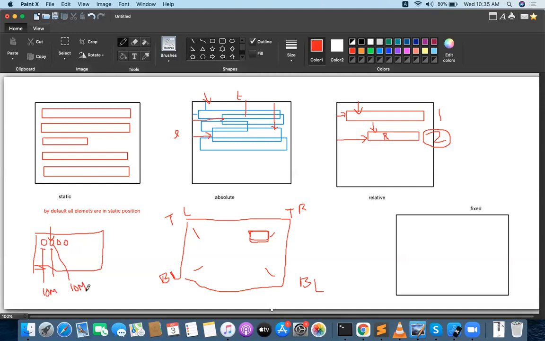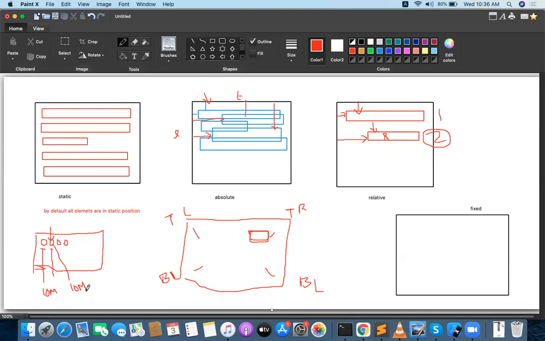But in the relative position, what is happening? First guy takes 10 meters from the wall. Second guy takes 10 meters from the first person. Now clear, right? So the second person is taking the margin, taking the value, taking the distance from the first person. That is called a relative position. In CSS, these positions are very, very important and very, very simple also. Once we do the program, you can understand all these things clearly.